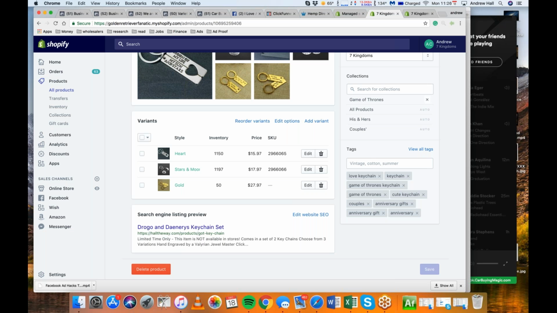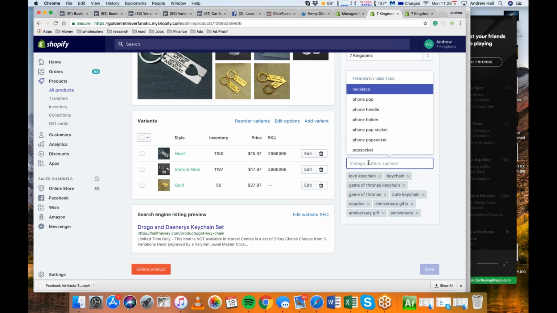But in order to rank on Google, you have to add tags to your website. So depending on what your product's about, you can add more or fewer tags. Now, I'm not an SEO guru. I'm not the guy to learn SEO optimization from. But just putting tags in there that have to do with your product can greatly help the amount of traffic. These are what people are going to search for.